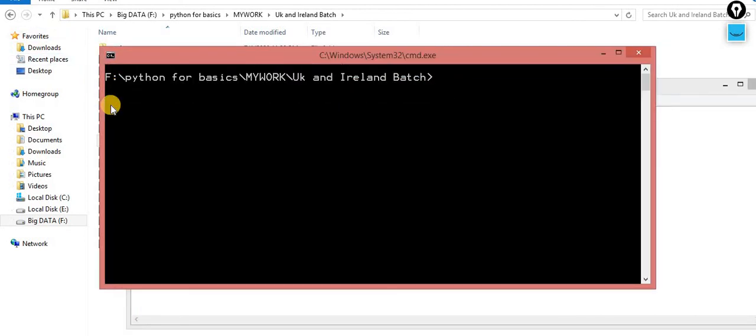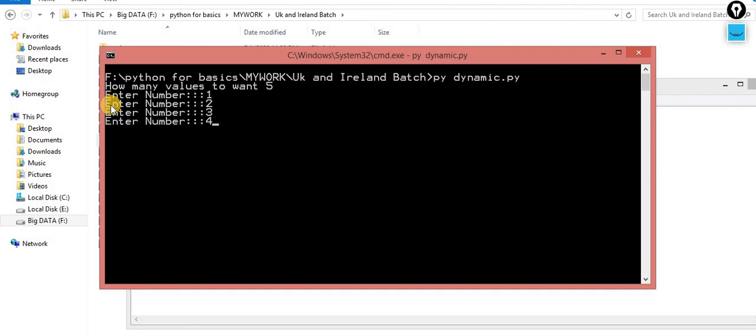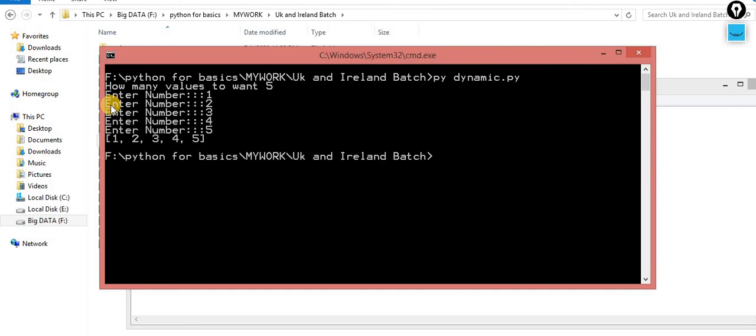In cmd, run py space dynamic.py. How many values do you want to enter? Let's suppose I say 5. The first number 1, second number 2, third number 3, fourth number 4, fifth number 5. So this is one way by which you can add dynamic values to the list.